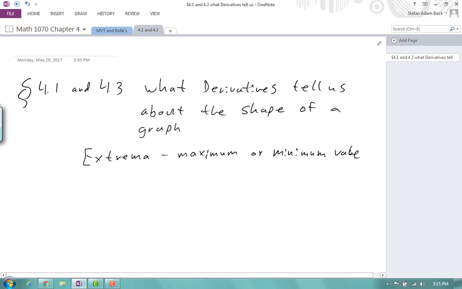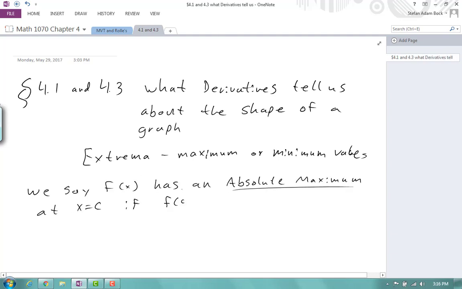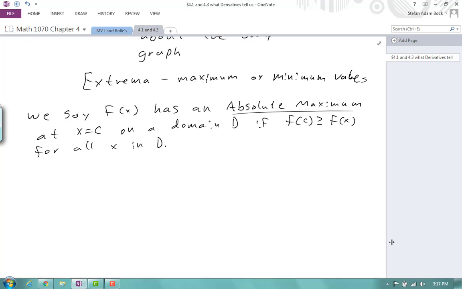And these can come in two flavors. We have the absolute and the local or relative extrema. So we'll say f of x has an absolute maximum at x equals c on a domain D. And by domain D, I just mean, for example, a closed interval. If f of c is greater than or equal to f of x for every x in D, which basically says if you have some subset of a domain, like a closed interval, then f of x has a highest